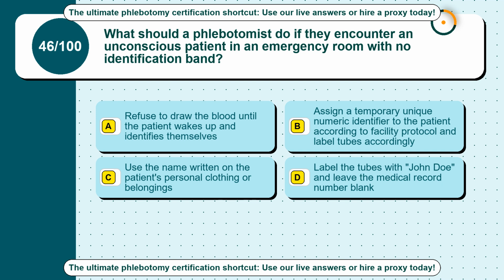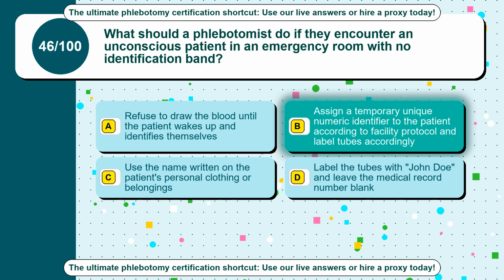Option C, use the name written on the patient's personal clothing or belongings. Option D, label the tubes with John Doe and leave the medical record number blank. The correct answer is option B, assign a temporary unique numeric identifier to the patient according to facility protocol and